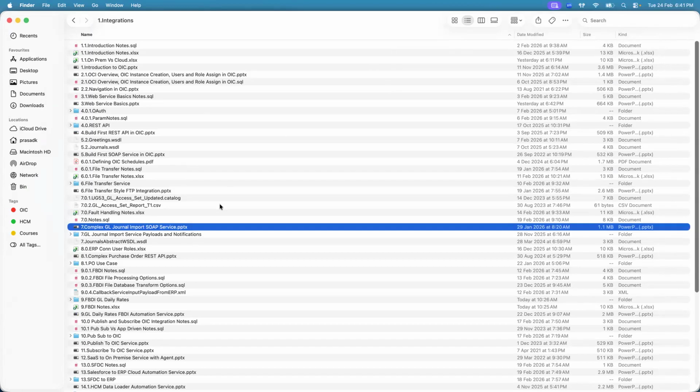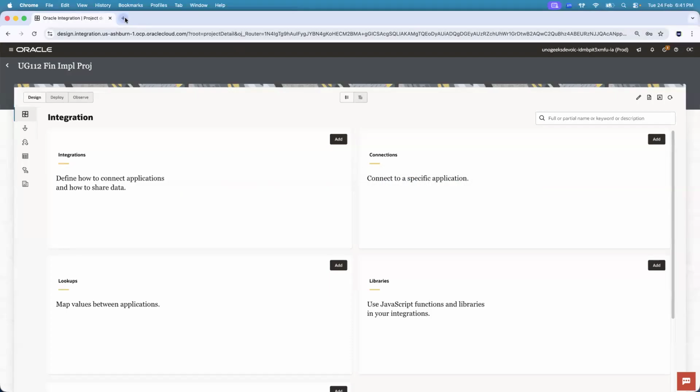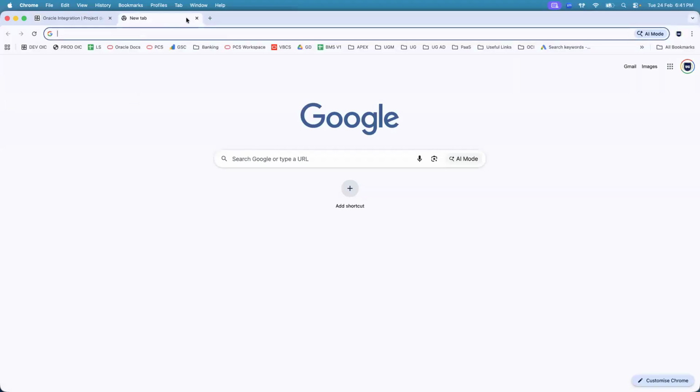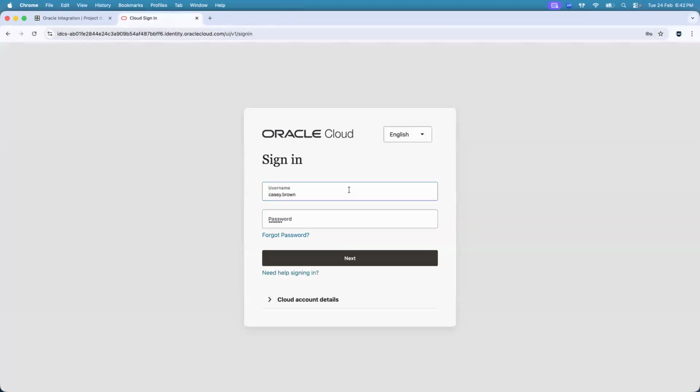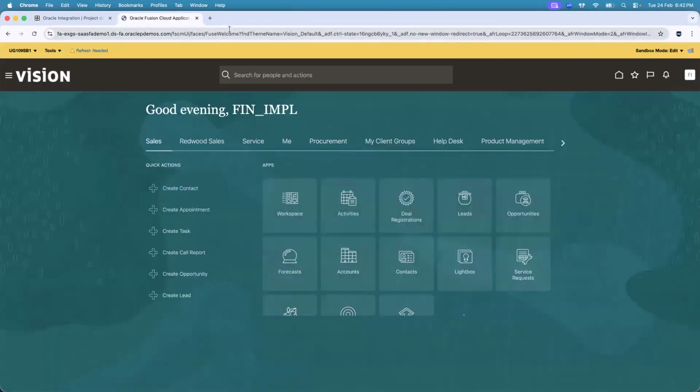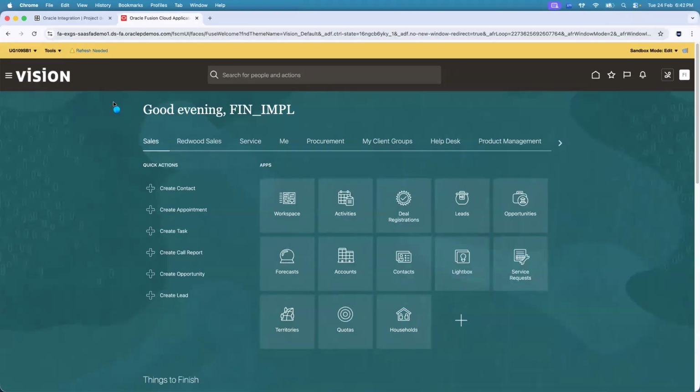When it comes to building integrations in OIC, guys, you can categorize them into inbound and outbound integrations. Let's say any client is implementing Fusion Cloud application. There would be a requirement to use OIC as a platform to build plenty of integration use cases, VBCS applications, approval processes, and so on. But when it comes to integrations, there would be a requirement to build